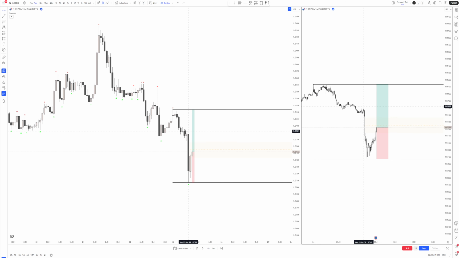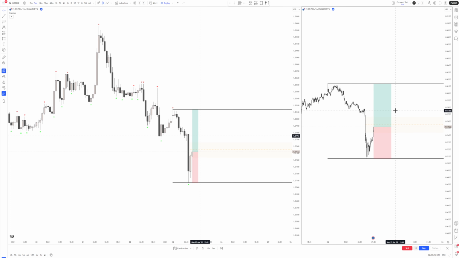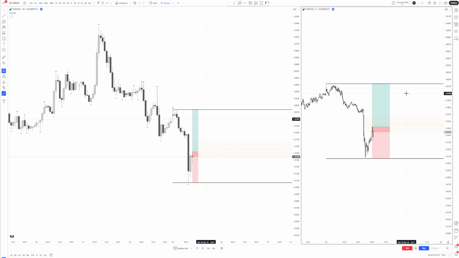So this is how pip time is teaching this strategy. You can see in terms of risk to reward, not very good. It's 1.35, but that's how it is. But sometimes you do get better risk to reward. Okay,